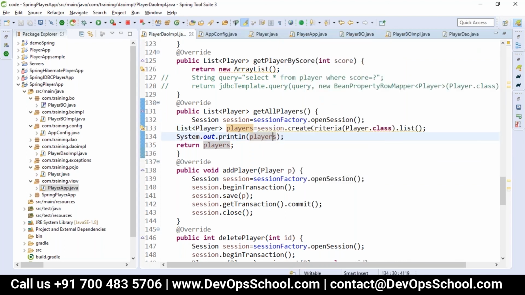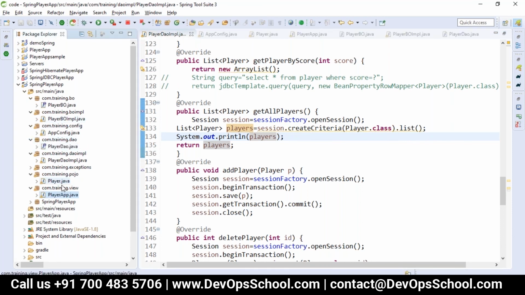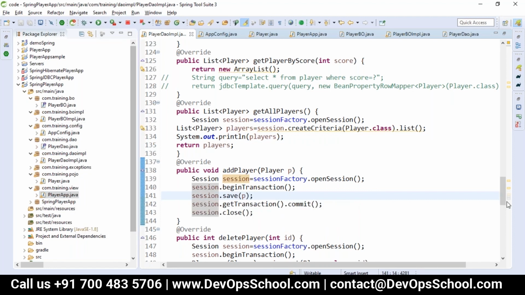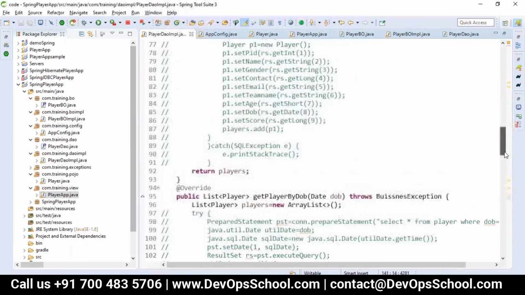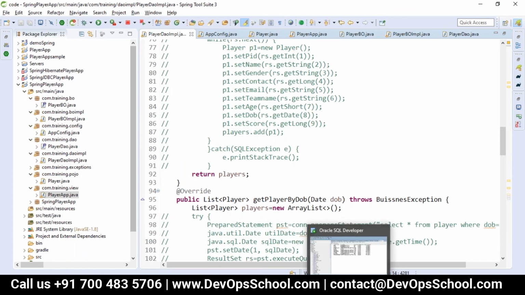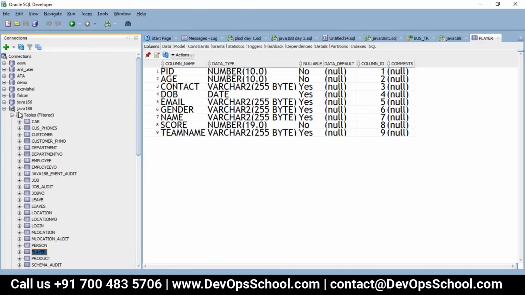I want the table to be created if the table does not exist. So let me go to my entity. One more thing I have missed. Whenever I'm going here, let me go to the system database, which one I'm using, system, right?